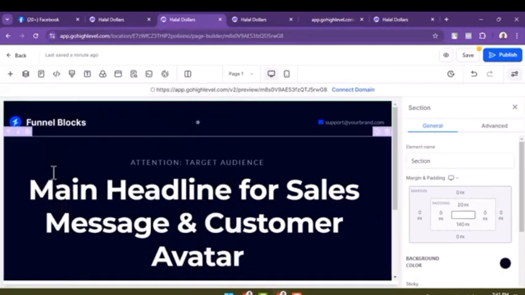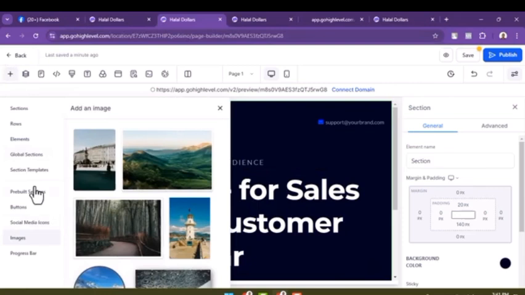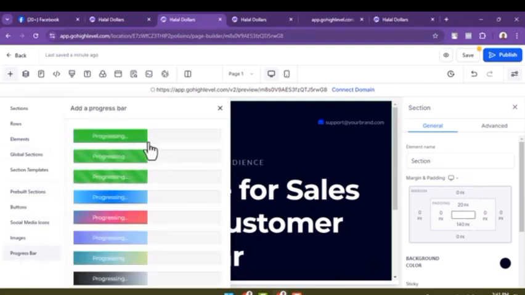So if I close, let me come here. That is under images, and the last one is progress bar. I think I've mentioned it. This is just to show the progress of whatever it is they are doing, and you can always set all of these elements. Now that we understand the first one, the second one is what is called layers,